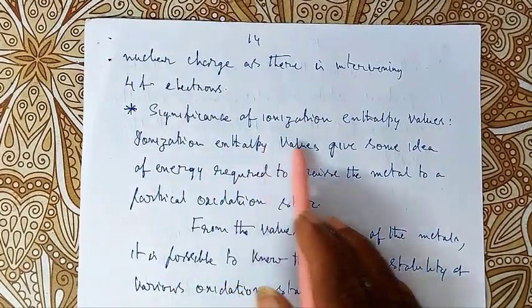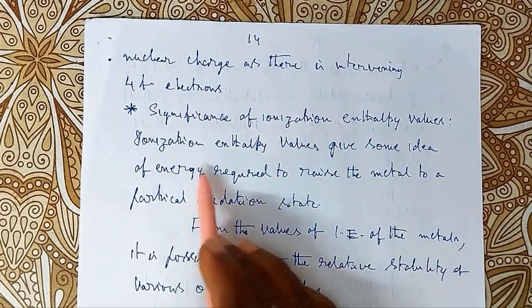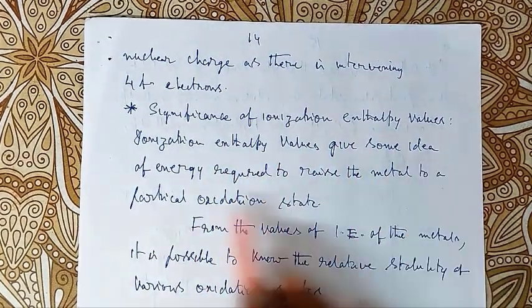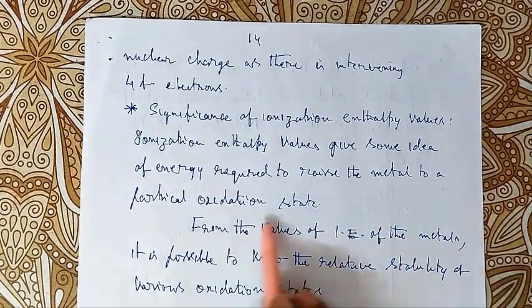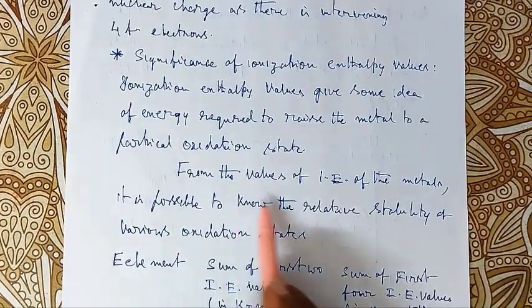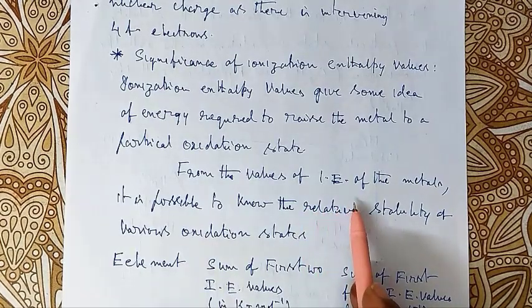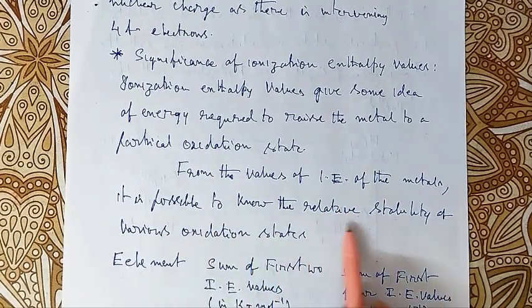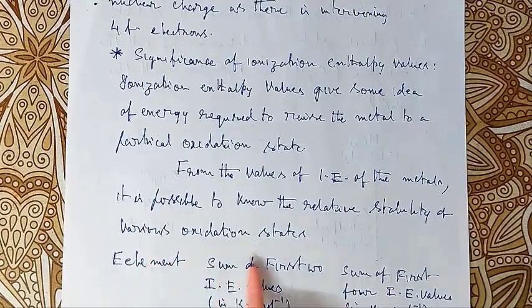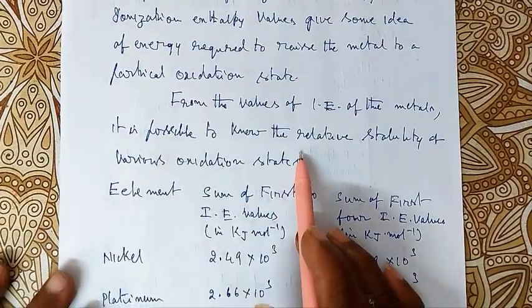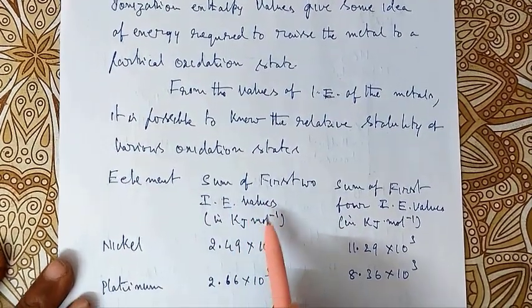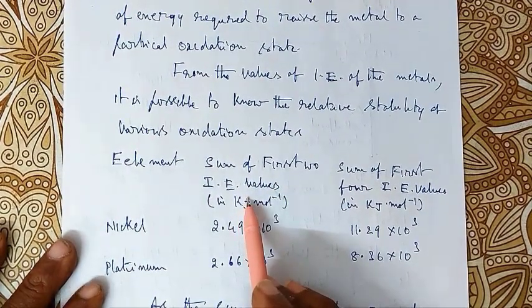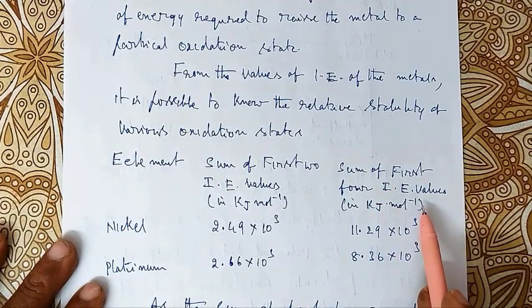Significance of ionization enthalpy values. Ionization enthalpy values give some idea of the energy required to raise the metal to a particular oxidation state. From the values of ionization enthalpies of the metals, it is possible to know the relative stability of various oxidation states. For example, if we consider nickel and platinum, the sum of the first two ionization enthalpy values and the sum of the first four ionization enthalpies